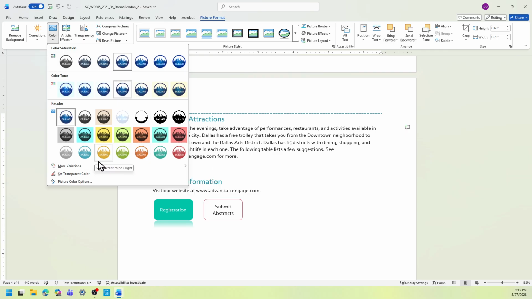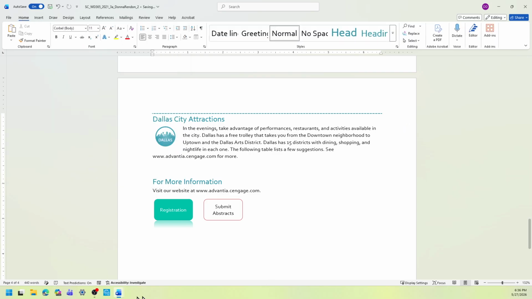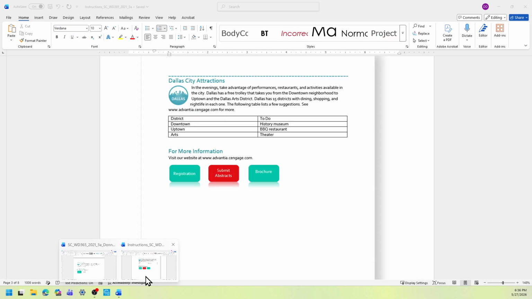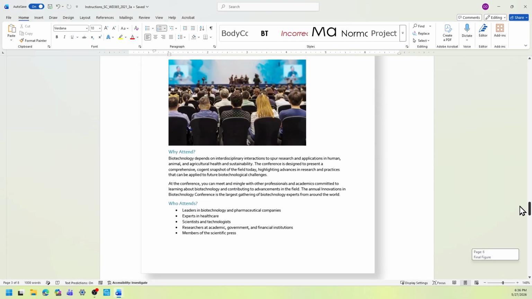Okay, so it does look like maybe this here, which is correct. It's the second column, last row. Okay, turquoise accent color light. Click it once. There you go. Back to the instruction, and then scroll up, scroll up.